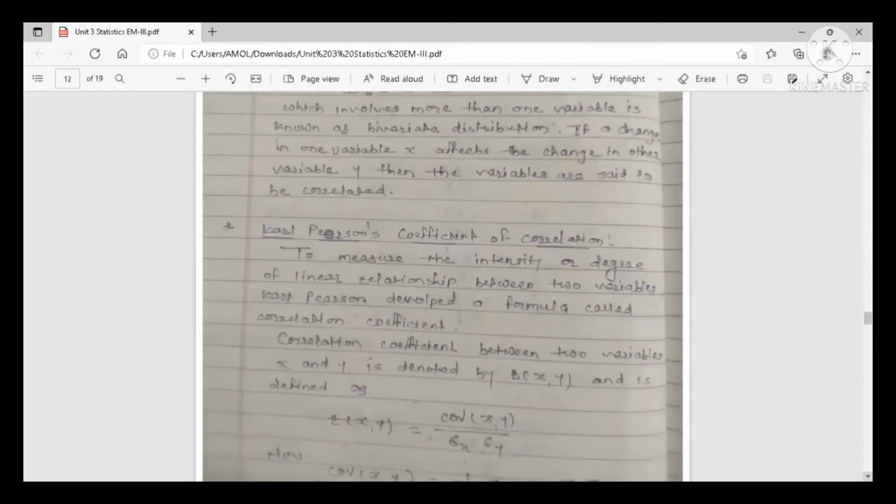Okay. Now to measure the correlation between two variables, there is one formula called the Karl Pearson coefficient of correlation. Karl Pearson invented it, so the name is Karl Pearson coefficient of correlation. To measure the intensity or degree of linear relationship between two variables, Karl Pearson developed a formula called the correlation coefficient. The correlation coefficient between two variables x and y is defined as,